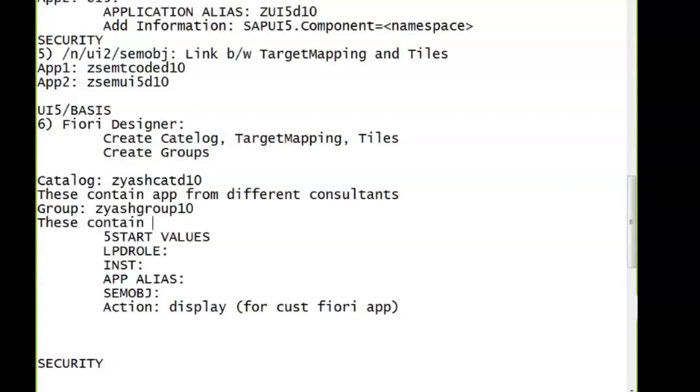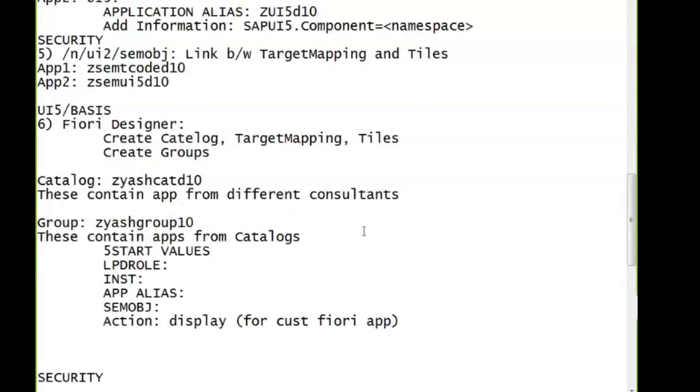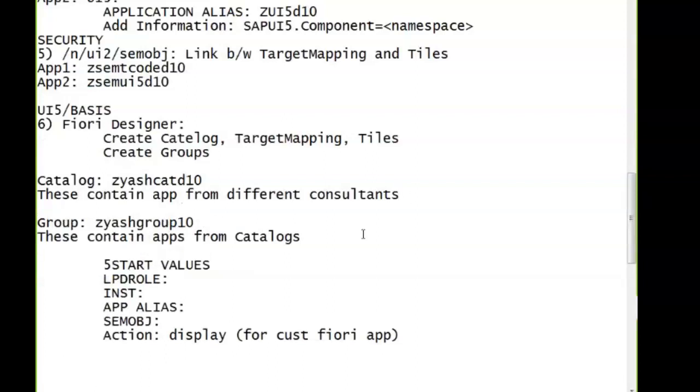These contain apps from catalogs. So when you are creating a group, you have to select the catalog. To that catalog, how many apps are attached, those things we can show on the launchpad. Group is a direct focus to the Fiori launchpad. Just using the role matrix, we can show the Fiori apps.